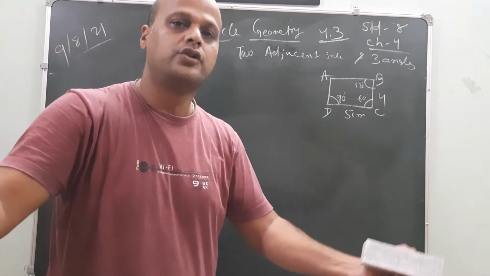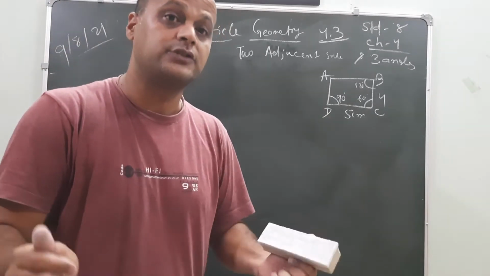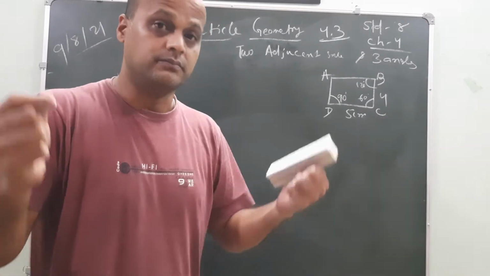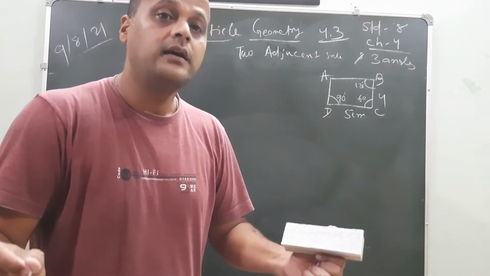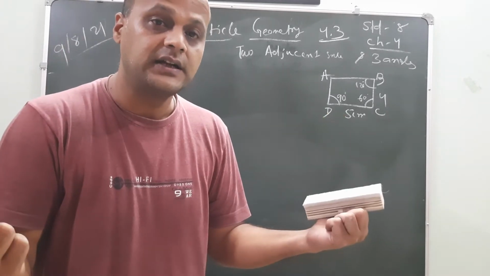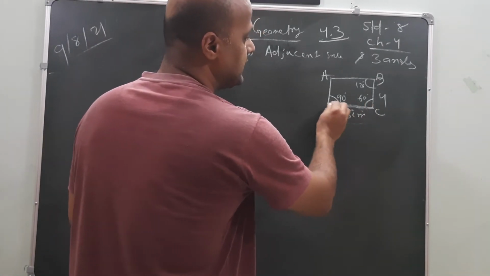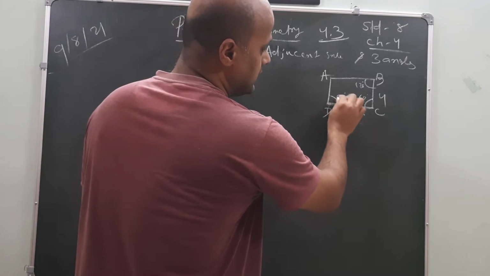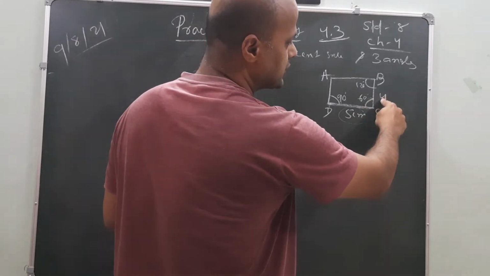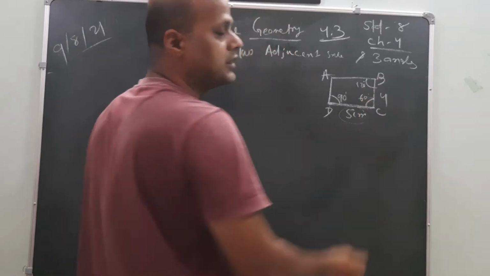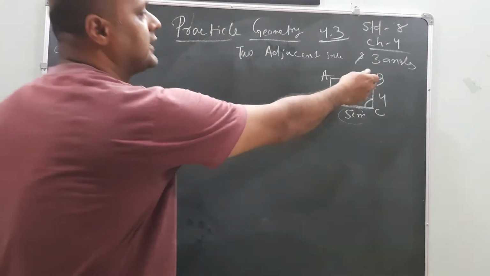First you have to remember that the side whose dimension is given must have the two adjacent angles given as well. So which one? 5 centimeter means CD. The CD dimension is given as well as two adjacent angles. Here you can also take BC, because the 4 centimeter dimension is given and 60 degree and 120 degree angles are also given. So it will be easy if you take the below one, or you can take that one. I will take this one.